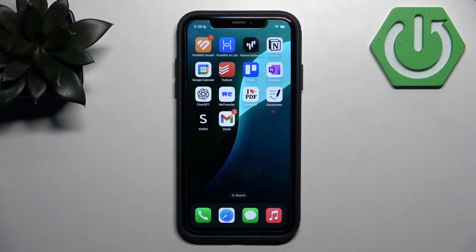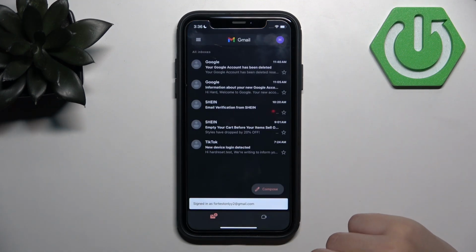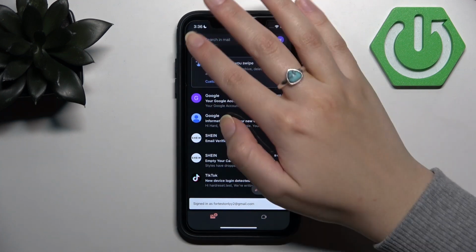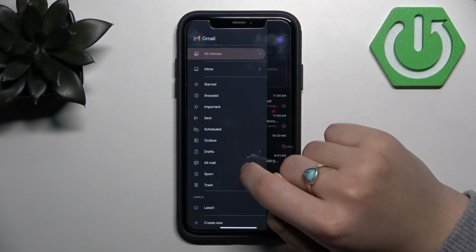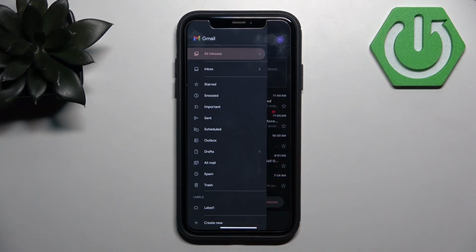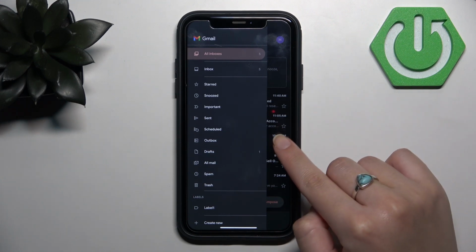So firstly, you need to open Gmail on your device and then tap the menu icon in your upper left corner, and here under the tab All Inboxes you should have tabs called Promotions, also Socials and Updates, but I don't have that because it's my business email account. So you just need to enter the Promotions section, and then if you want to delete all promotions, you need to